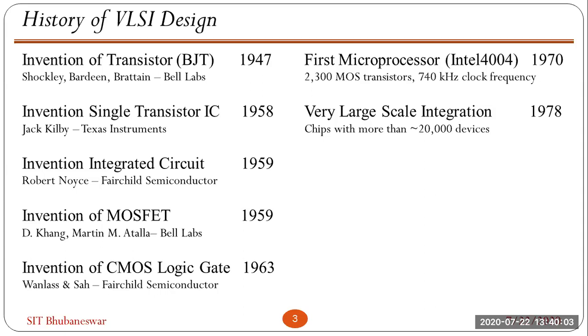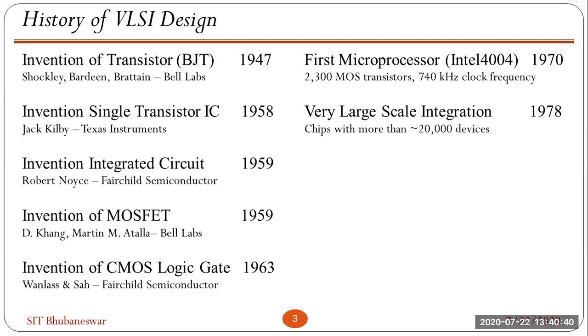They did a lot of research in this semiconductor. After the vacuum tube, this was the first time they invented the solid state transistor at Bell Labs. For this contribution, all three shared the Nobel Prize in the year 1956. After that, the semiconductor era started. Then one after another, other things also came into the picture.